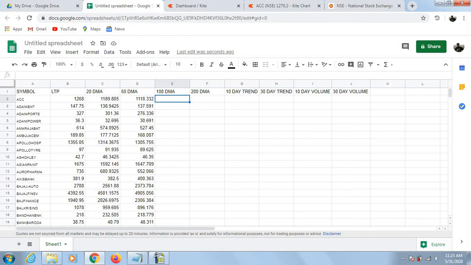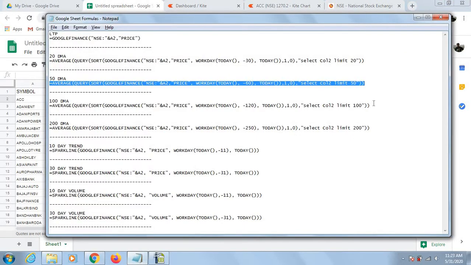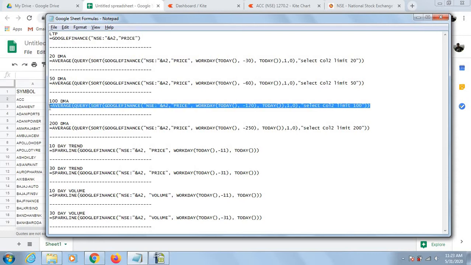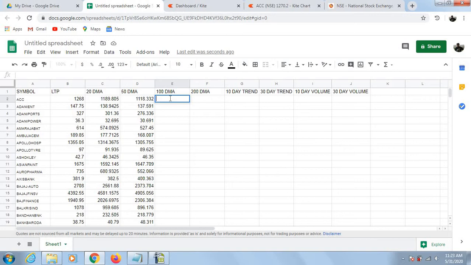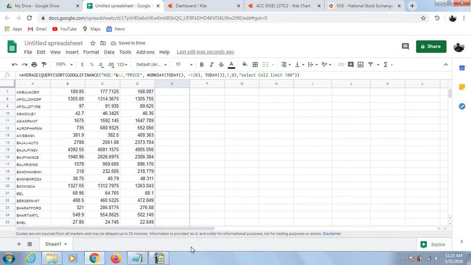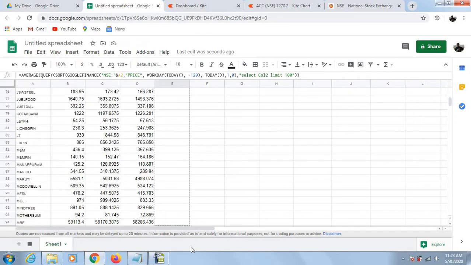Next, for the 100-day moving average, it is similar: taking the 120 days and selecting the top 100 out of it. Again, click on it and drag it so that it gets applied for others.